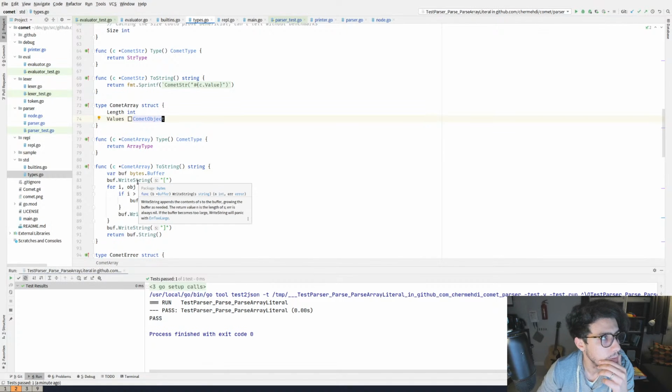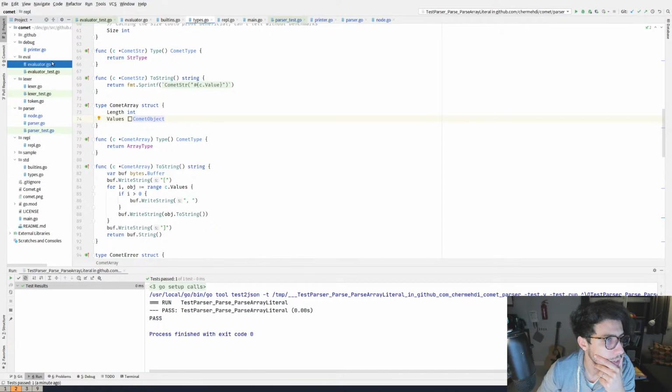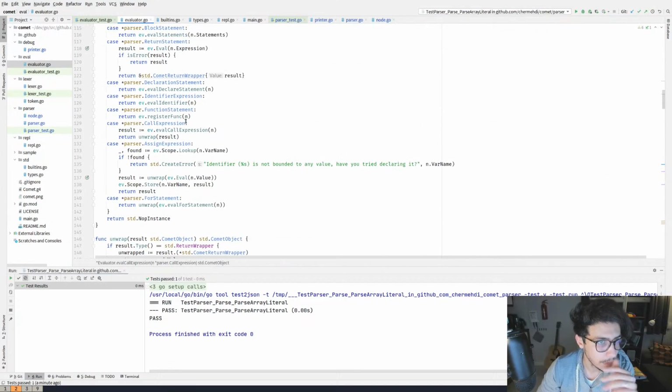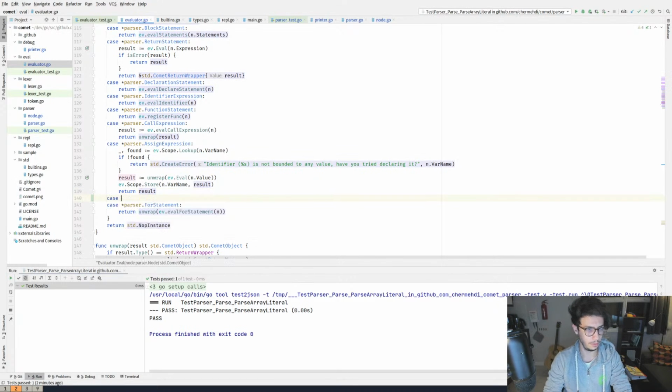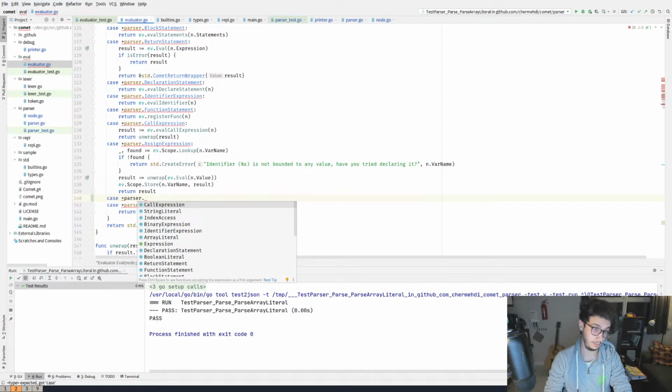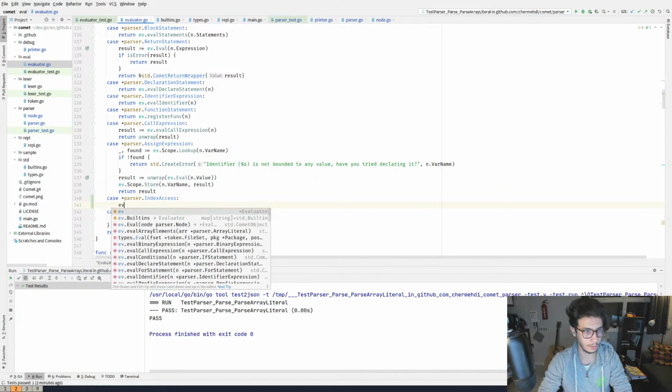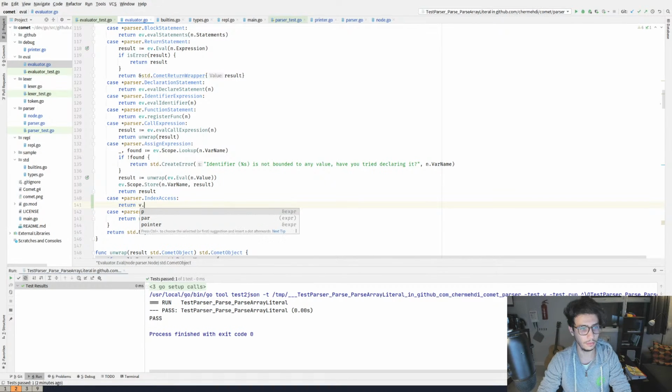All right, so let's use this to make sure of some things. Let's go to the evaluator and go to our huge eval function and make sure that when the node is an index access, I'm going to return eval.